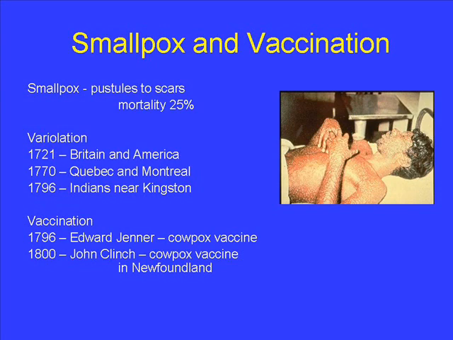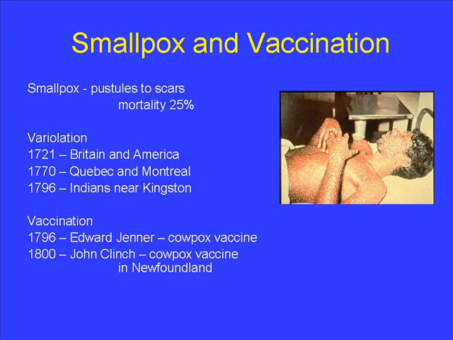And by the 15th century, smallpox was endemic in Europe, and by the 18th century, it was the leading cause of death at that point in time. In the 16th century, smallpox was brought by the settlers to America, and there were repeated epidemics of smallpox throughout French and British Canada in the 17th and 18th century.